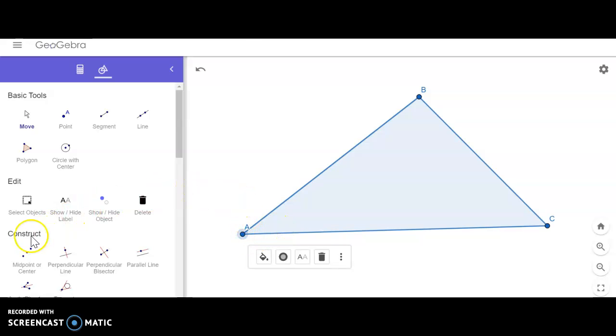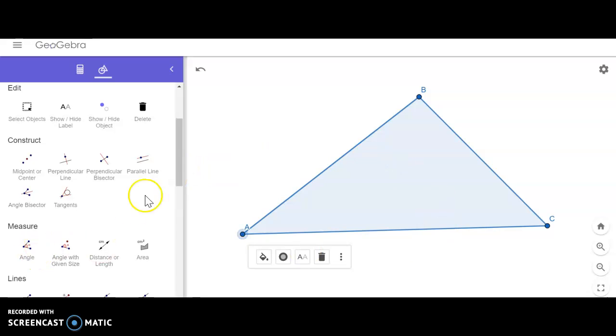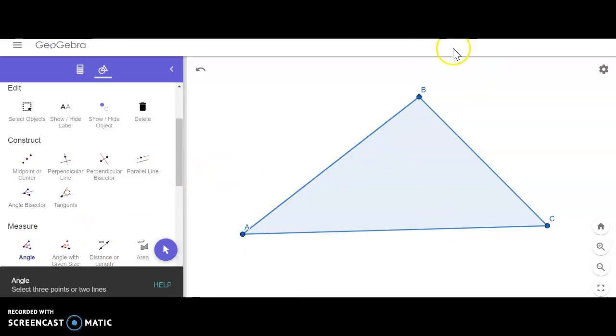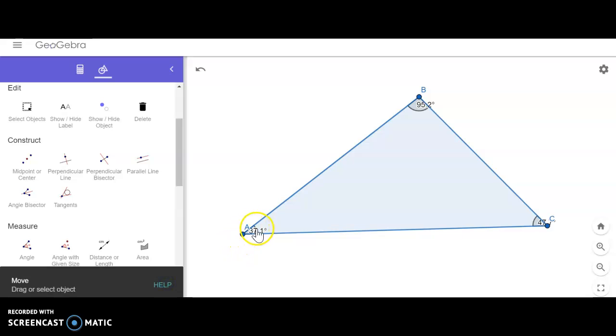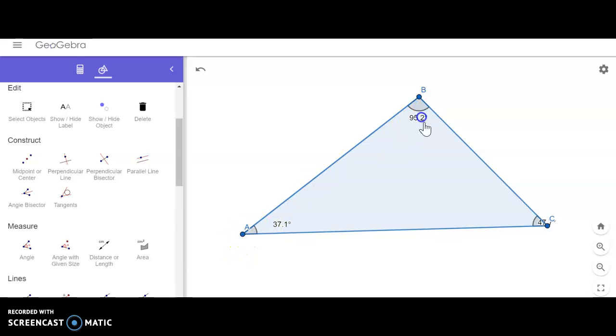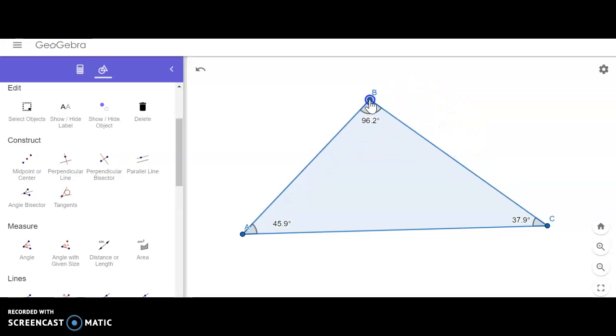right triangles. And so what we may want to do is come down here and hit the angle button. And because I made this nice triangle, all I need to do is just click on the inside and it gives me all the angles. We can grab the arrow and move these out so we can see them. And so now I know that this is an obtuse triangle because that angle is greater than 90. I can move that